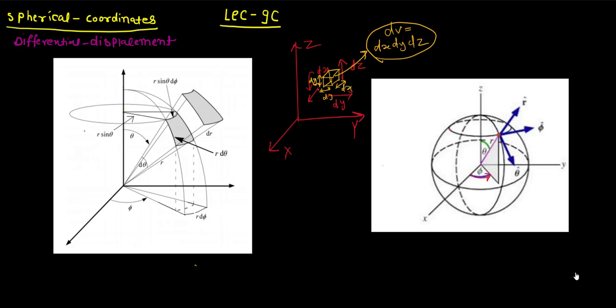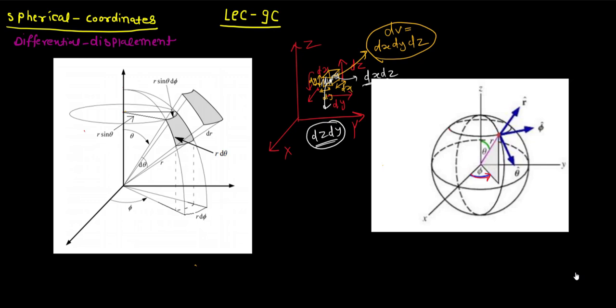Okay, similarly if you want to calculate the surface area, the surface area of this surface would be dx dz. Similarly for this, it would be dz dy. Yes, so now the surface area of this small element depends on which plane of the xyz coordinates you are in. Okay, so if you are in the yz plane, then this small area of this element would be dz dy.